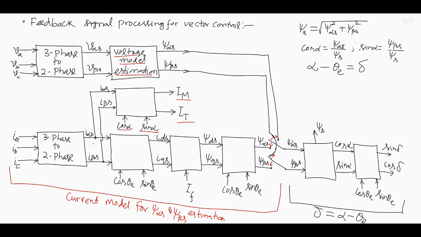Then IDS and IQS go to this block, let us denote this block, let us write B. How this B block is determining psi ds and psi qs from IDS, IQS and IF, those equations we will obtain right now. After this, psi ds and psi qs are obtained from IDS, IQS and IF using block B. Then psi ds and psi qs are again converted to psi alpha s and psi beta s using the unit vector cos theta e and sin theta e.